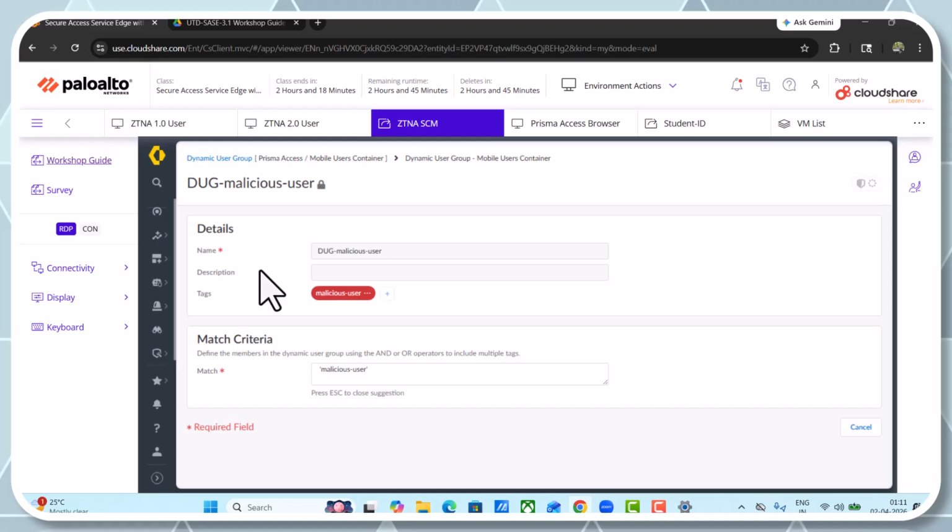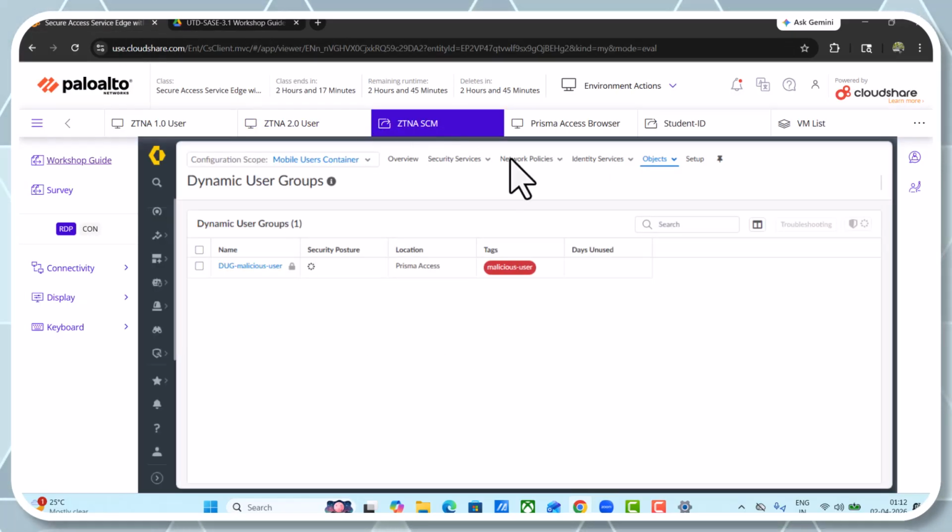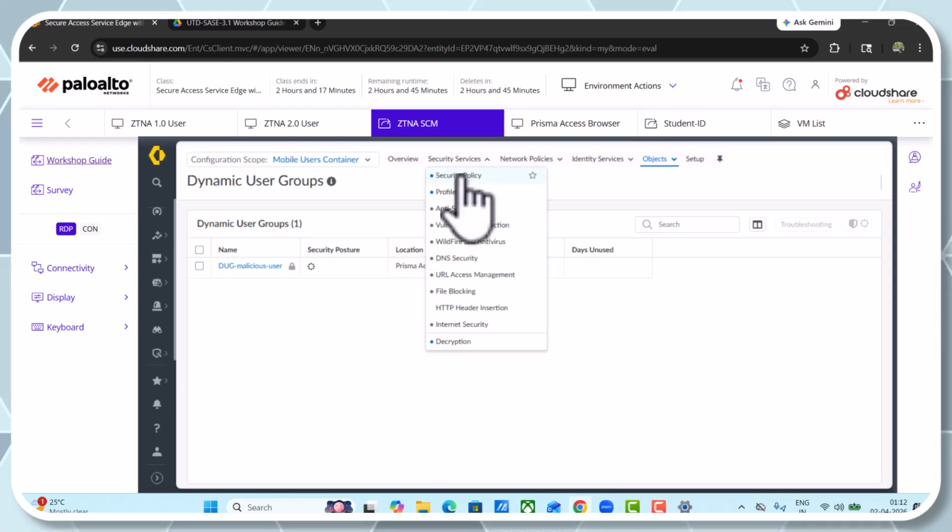As you can see, the name is Doug malicious user. This is the malicious user tag they have added, and the match criteria is this. We can click on cancel as well. Also, navigate to security services and security policy. Scroll down the mobile user container, security services, security policies,